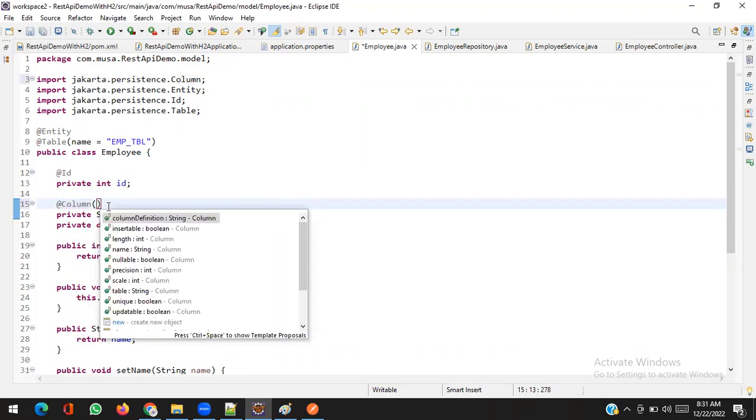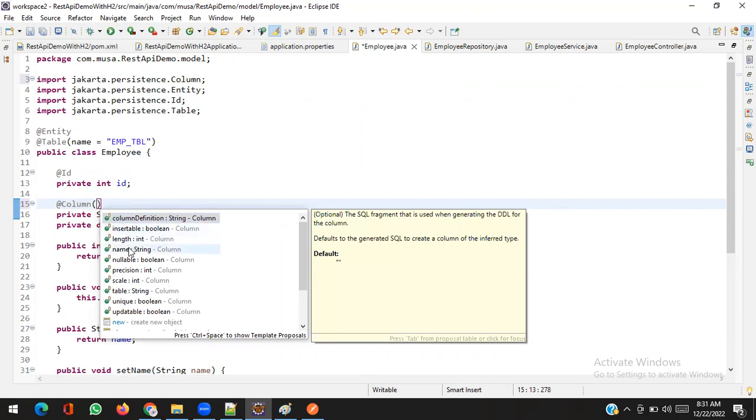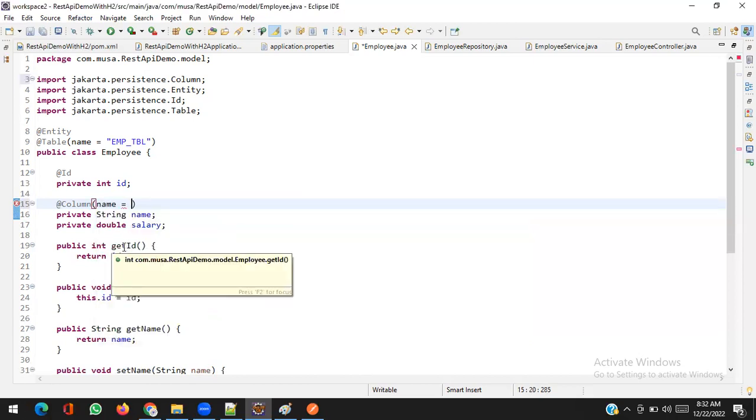And here you can write lots of things. Name, whether the column is insertable or not. If you set false, no one can insert the value. Updatable or not, no one can update the value if you set false. Unique means the value should be unique. Nullable, will it allow null value or not. I'm not going to disturb anything. Length, you have to mention the length. This column has only this length of values, but still I don't want to change anything, but I want to change